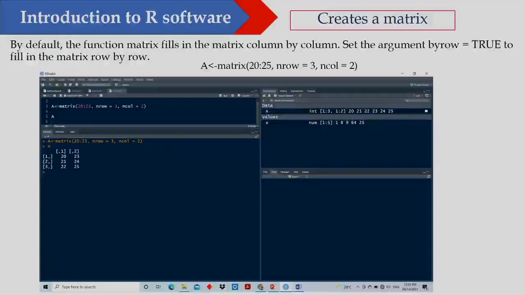So, let us create a matrix here. As I said, I can use this matrix function. Here I am putting the data as a vector, that is c. Suppose the data is 20 to 25, that means it will have 20, 21, 22, 23, 24 and 25, and number of rows equal to 3, number of columns equal to 2. So, if I execute this line,